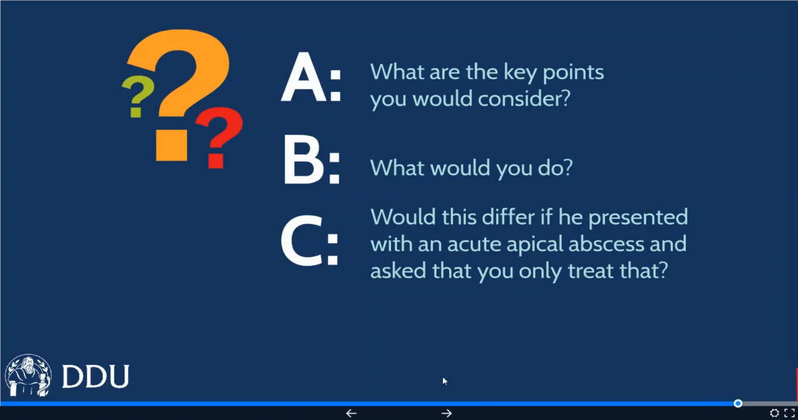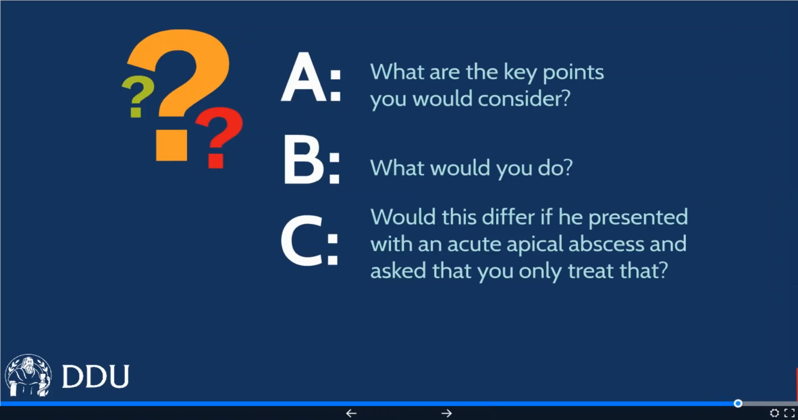So would your approach differ if he presented with an acute apical abscess and asked you only to treat that? One or two colleagues are saying refer for a second opinion. Peter said yes, it would make a difference. Yes, I think you can treat the emergency. Lots of yeses coming in. I'd treat the pain. Important to get the patient out of pain. One-off emergency, I'd say that's okay. Acting in the patient's best interest. So I think we've got pretty much a consensus going on here that we can,